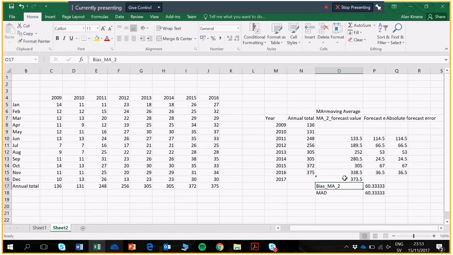So the forecast for 2017 will be this value, and you keep on doing the same thing, because now this forecast becomes the actual value for 2017. And now for 2018, you just take